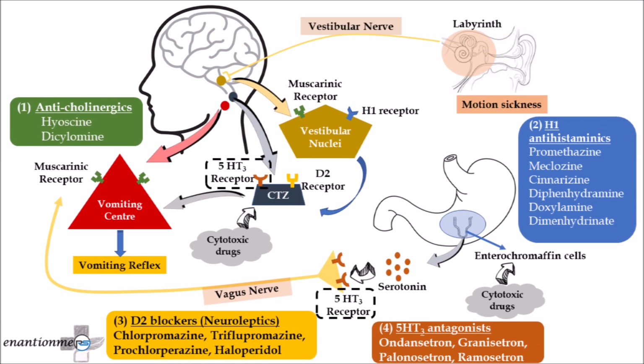After this comes the next category, which is antagonists of 5-HT3 receptors. As discussed previously, these receptors are present on chemoreceptor trigger zone as well as on vagus nerve endings. These drugs prevent the activation of 5-HT3 receptors, and the drugs are ondansetron, granisetron, palonosetron, and ramosetron. Besides these categories, there are some other class of drugs which are also used to control emesis,